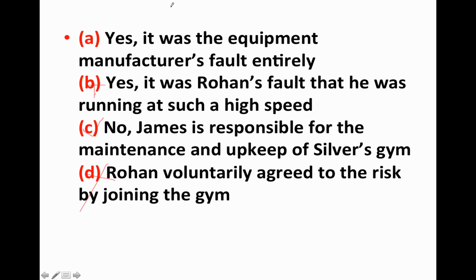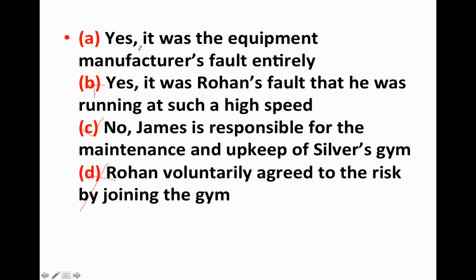Now you can say that it was the equipment manufacturer's fault entirely. This is where you have to take care of your own assumptions. You have to keep aside your own bias. Maybe you feel that it is the manufacturer's fault. Maybe you feel that no, it was not Mr. James Silver's fault. But again, in the question, you do not have to keep your bias in. You have to take out your own thinking, your conclusion that you reach by your heart, your inner feelings